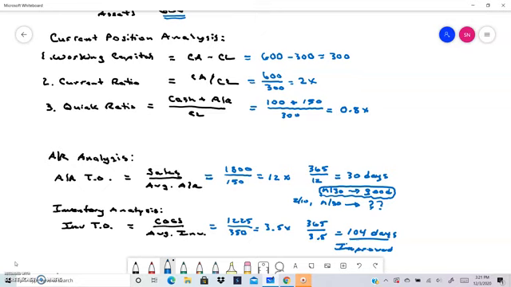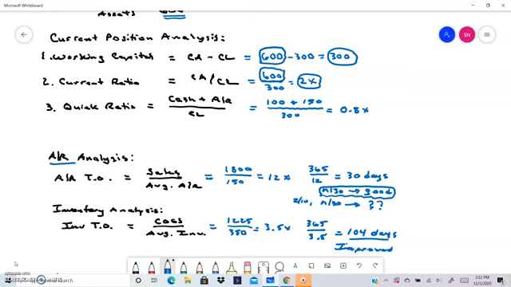trade-off. So if we look at the current position analysis, we see that our current ratio is 2 times. Our working capital is a positive 300. And the reason for that is because we had more current assets than current liabilities. And so from a liquidity perspective, that's a good thing. We like to see more current assets than current liabilities. However, when we go down into our